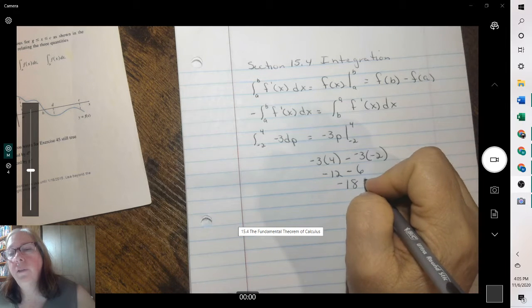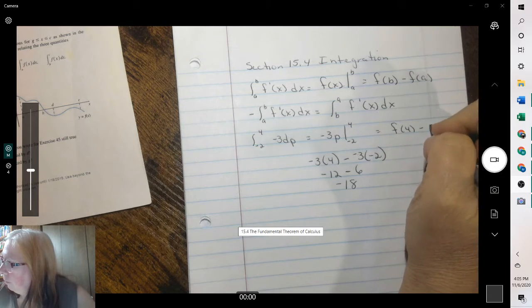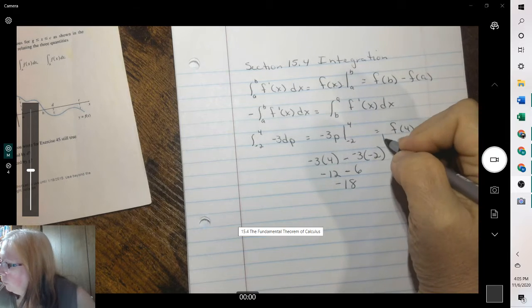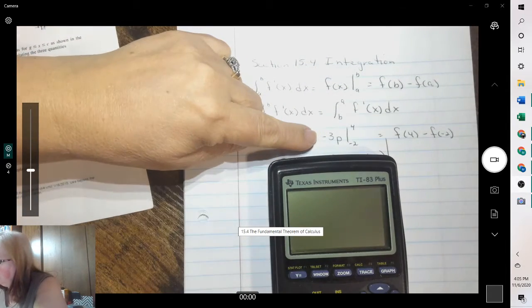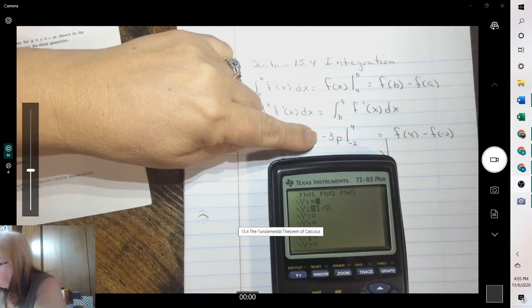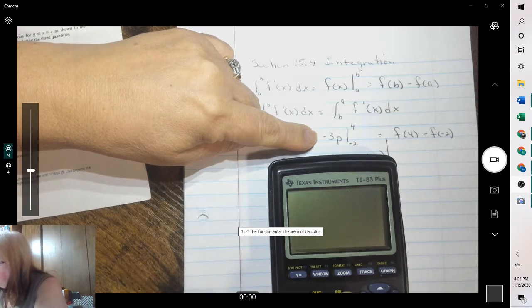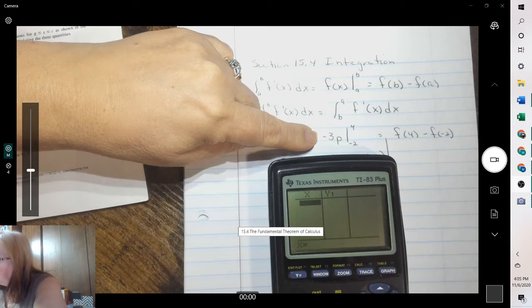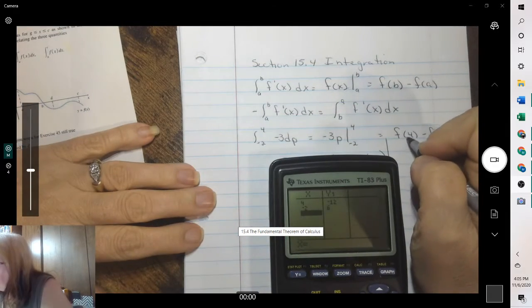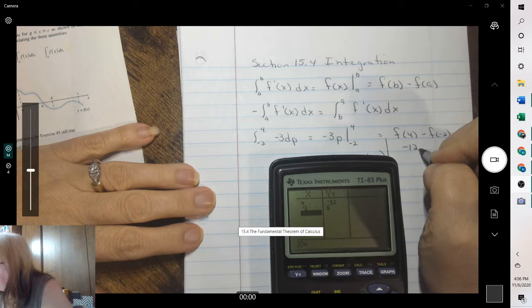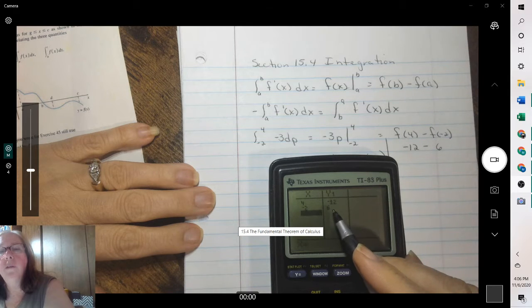Now, another way we can do this, f of 4 minus f of -2. And then you go to your calculator and you plug in your equation. -3x. And then if we go to the table, delete what's there, and put 4 and -2, then we know f of 4 is -12 minus f of -2 is 6. So it's -12 minus 6,